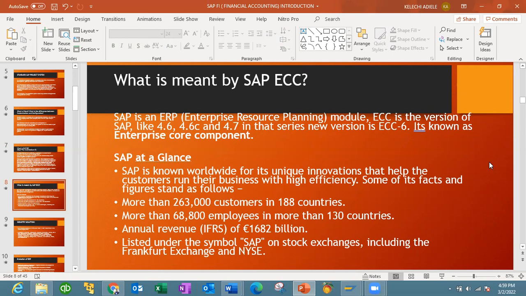But my first contact with SAP was when I wanted to apply for a job on WhatsApp. They said that you must be an SAP consultant or a super user, something like that. So I went online and read about SAP. SAP is basically what I do, but what I do is at a small level. That was years back. So I made inquiries. The cost was crazy. In Nigeria then, around 2012, 2013, 2014, to learn SAP and be a consultant, you had to cough out like